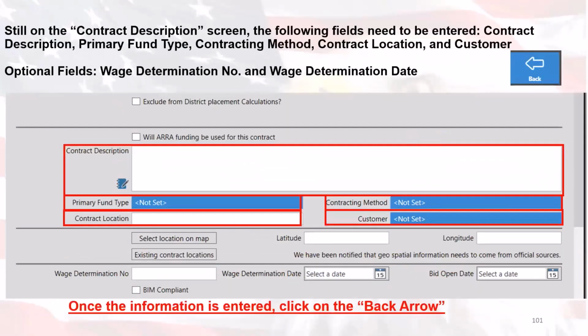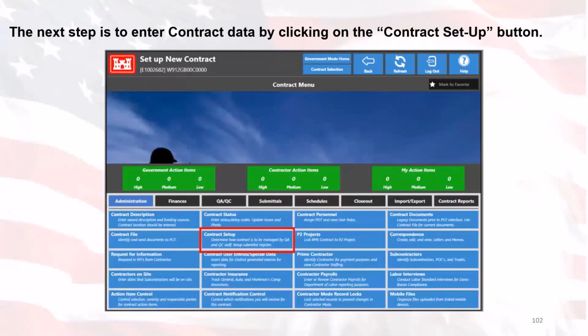Once that information is done, we can then go ahead and start to enter all of the other information on the district contract description. We can enter the fields: contract description, primary fund type, contracting method, contract location, customer. We can enter all those optional fields as well. And once the information has all been entered, we can then click the back button to save that data. So the next step after we're done with the contract description screen is to jump over to the